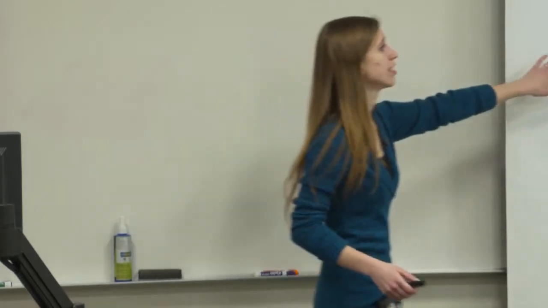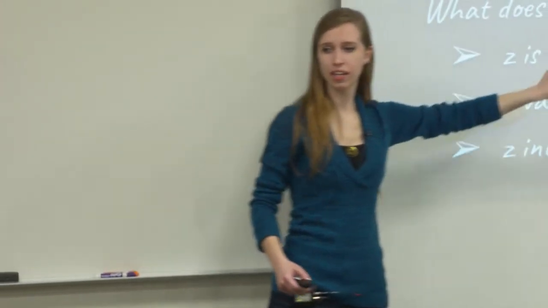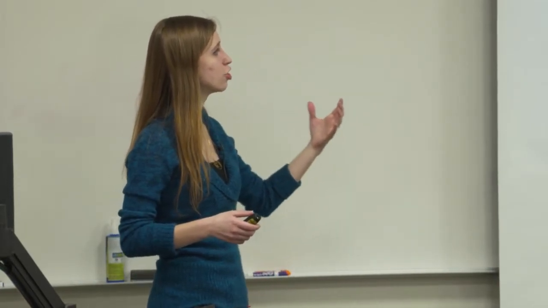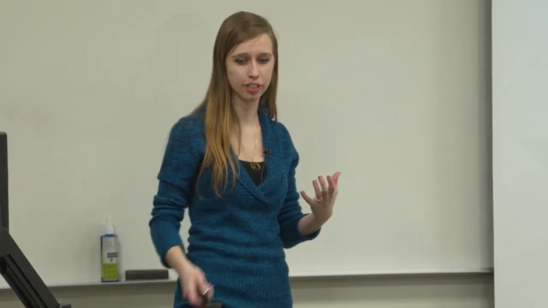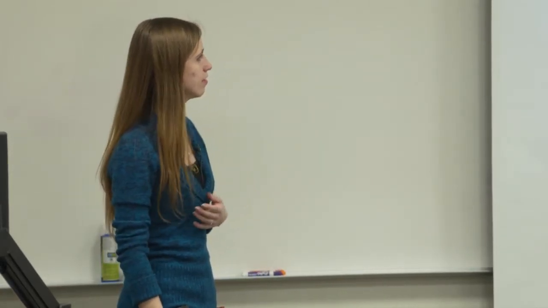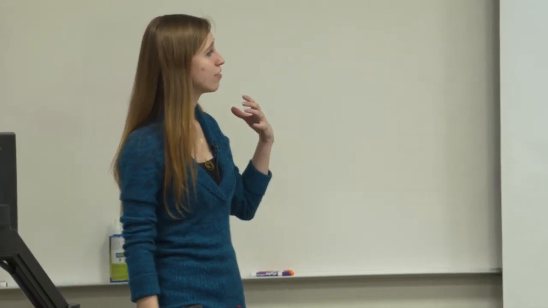This equation, Z equals 2W, is communicating to us about the relationship between Z and W. It's, in a sense, a tool to interpret these two objects and how they will behave with respect to each other. Equations themselves give wonderful opportunities to see how things react in different situations.